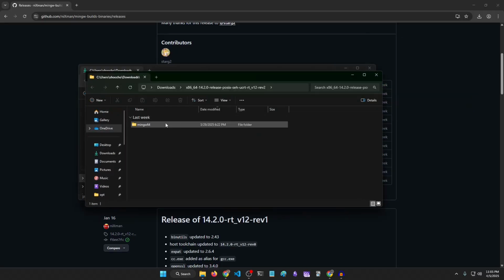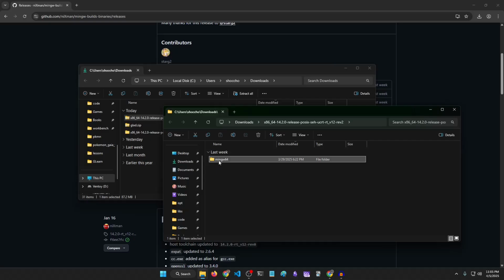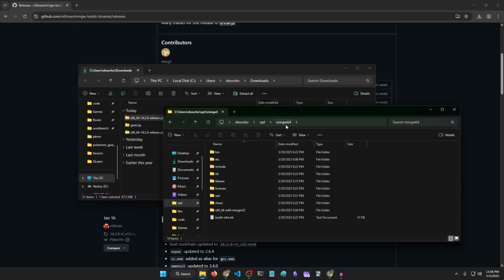So after this has been extracted, you will see a MinGW-w64 folder on your machine. You can keep it wherever you have extracted it. I have it in the downloads, but I like to keep my things a bit organized here, so I will just copy this. You don't have to do it if you don't want to. I'll just copy it and put it in the opt folder. I have a few things here. And from here, you just have to open the folder MinGW-w64 and go to the bin folder